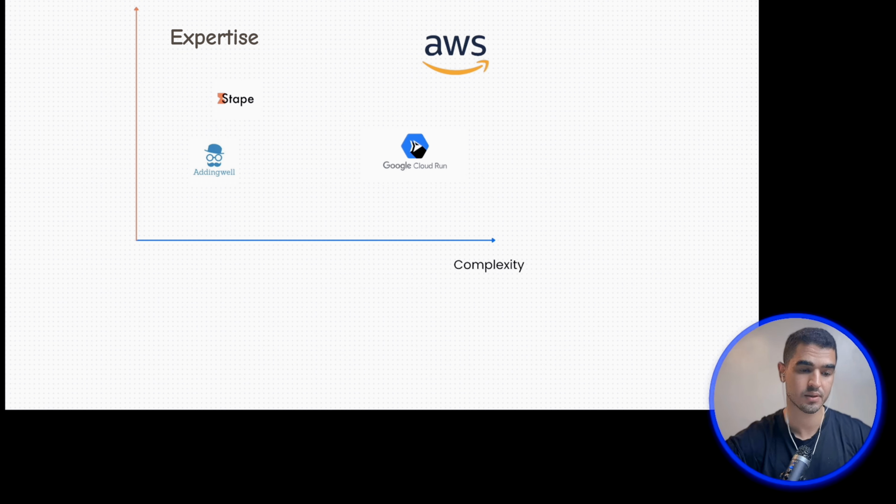On the other hand, as I personally work with a lot of agencies, they do not have the time. And the more complex your setup is, the more time it will take to maintain it. That's how things are, basically. So that's when it makes more sense to go with something like Addingwell or Stape. You won't need someone full time monitoring the Google Cloud Platform for errors. You can rely on the support of each of these platforms to get help when you need it